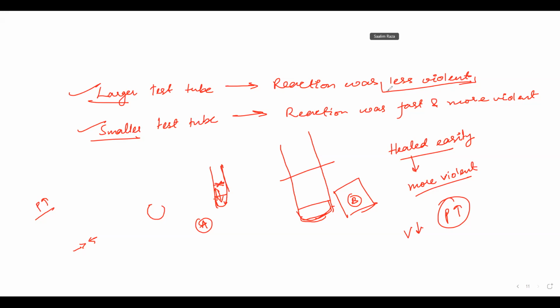So one of the things was that it was less violent and fast. It popped faster. I mean, it was very similar to a rocket, no? Rockets have their fumes coming out from their nozzle. So if you get to your lab, then ask your teacher to perform some of those experiments. Also, if you can, put some coin in nitric acid, you will get nitric acid fumes. That is also one test for nitrate ion.